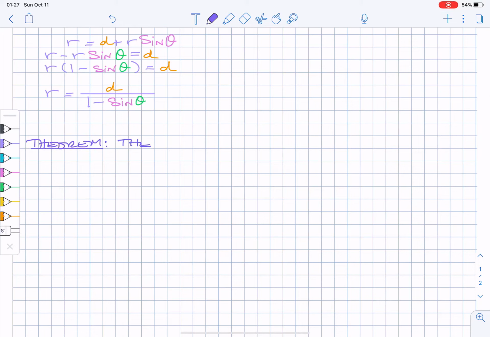The equation for a conic section, any conic section now, we don't need to differentiate between parabola, ellipse, hyperbola, anything. So the equation for a conic section with a focus at the pole, which is the origin,